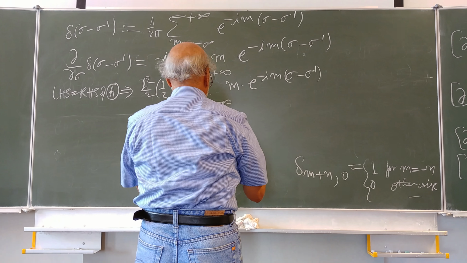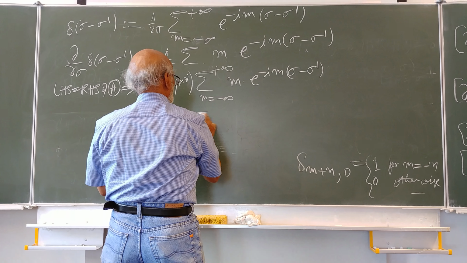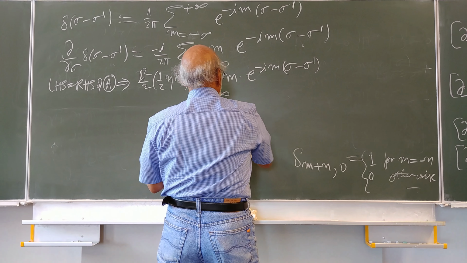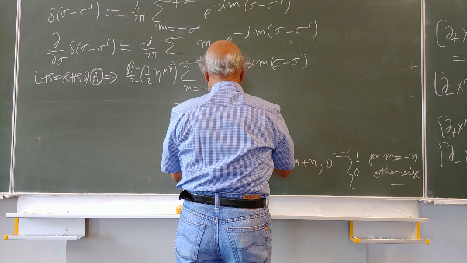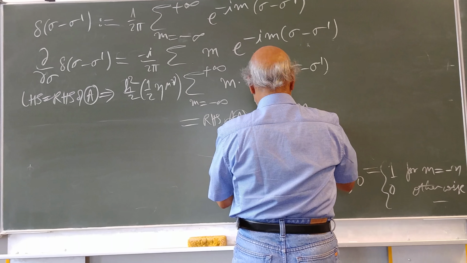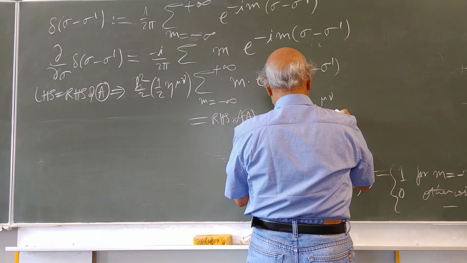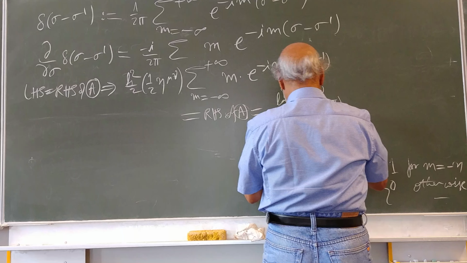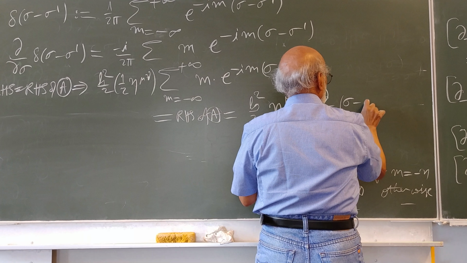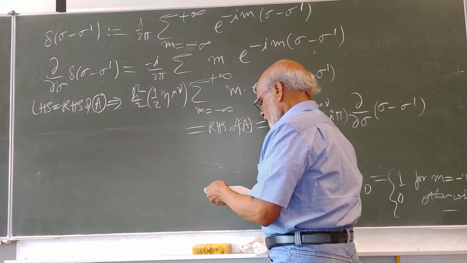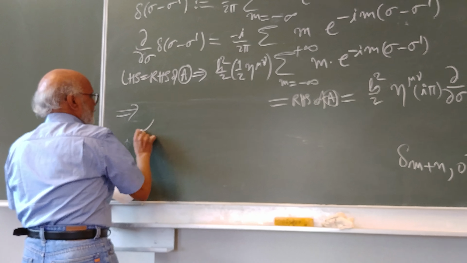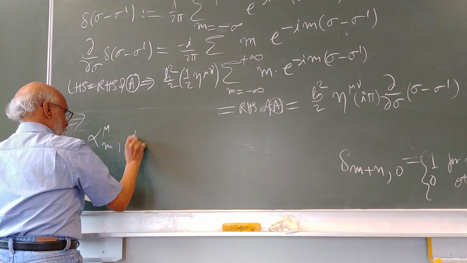This thing equals the right hand side of A, which is equal to Ls square by 2 eta mu nu times delta sigma of sigma minus sigma prime. And now I can very easily, comparing these two, this implies to me alpha mu n, alpha